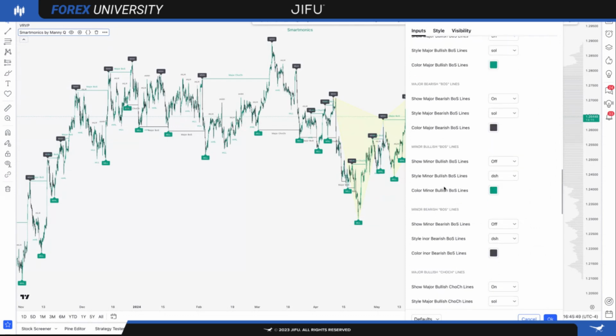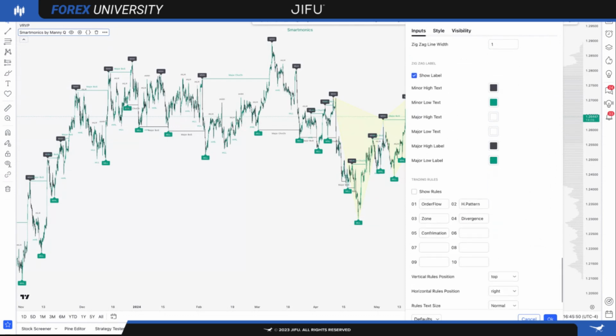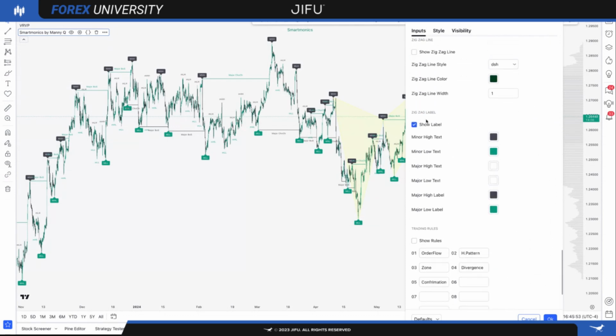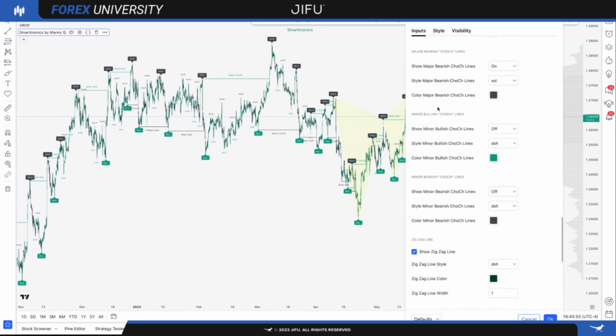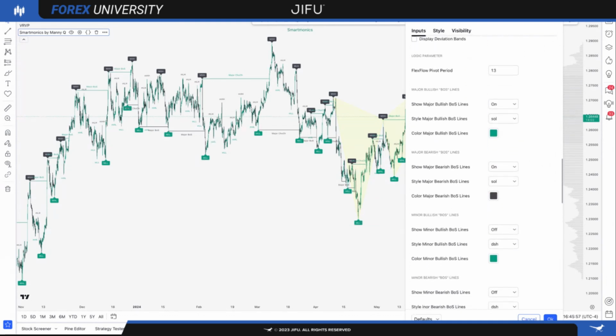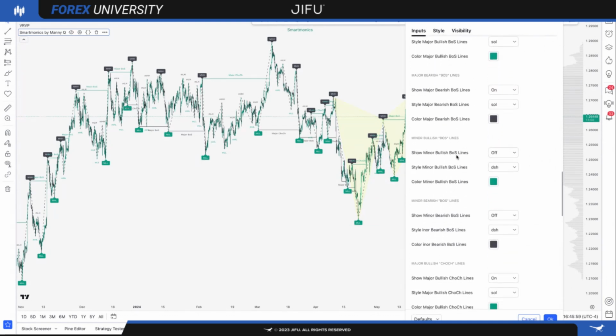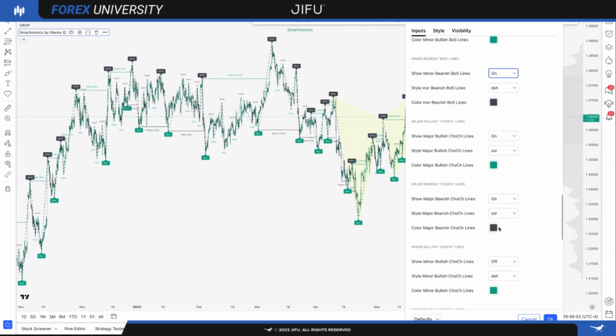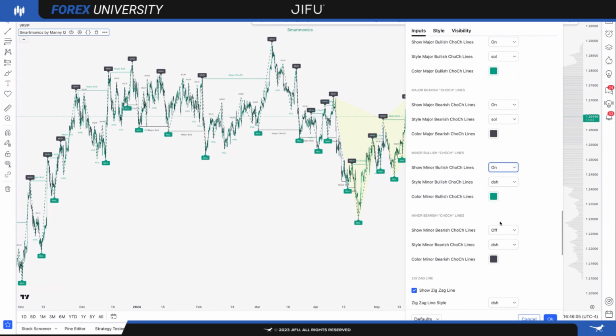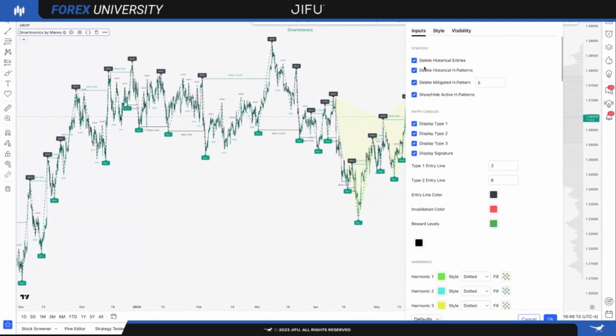And what I will do is I will now put on the zigzags. Let's take a look at the zigzags. And I will also put on the minor and the major break of structure. So I'm going to put everything on over here for you. Now, this is going to be for training purposes whenever you guys are looking at the market, and then we're going to hide the active patterns. All right. So now the only thing that we're going to actually see on this chart is only the order